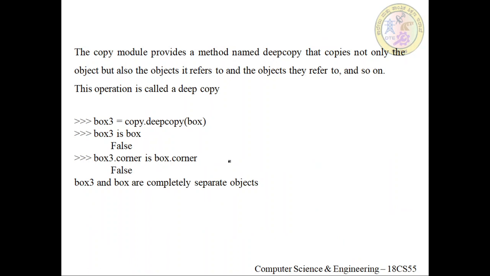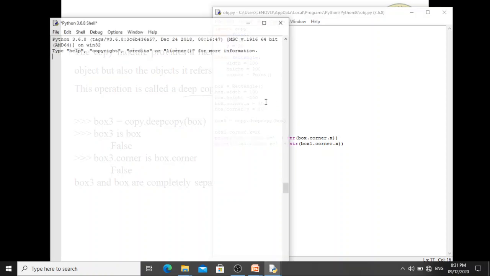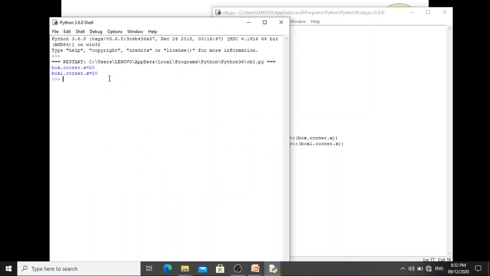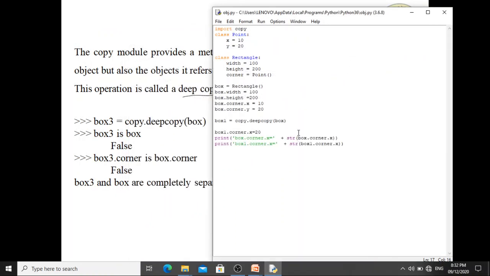In order to avoid this problem, we use something called the deep copy. So what I have to do here is, instead of copy I should specify deepcopy. So this problem will be solved now. Let's check this now. Yes, it is still the same.